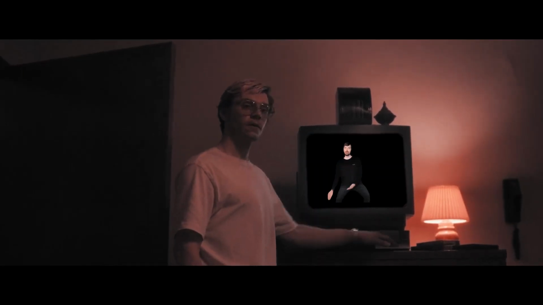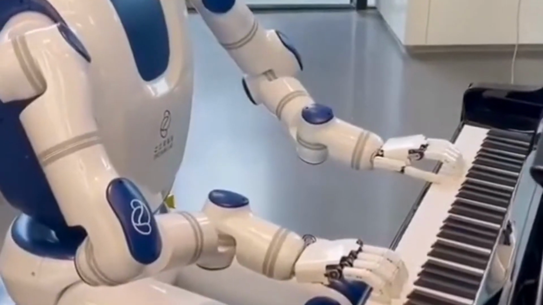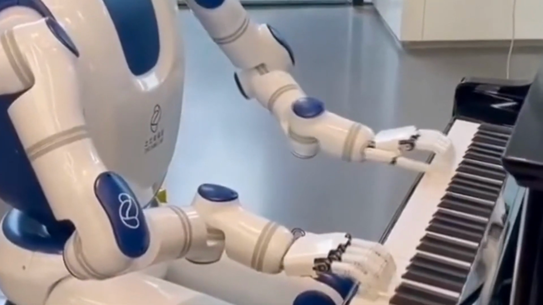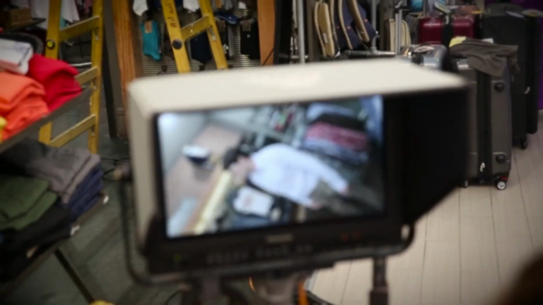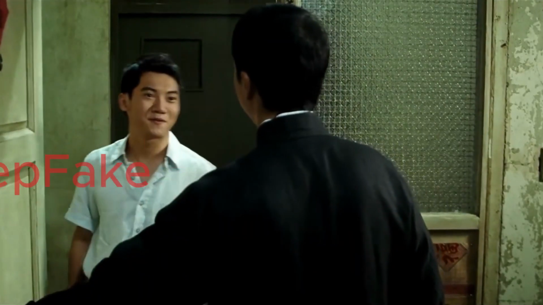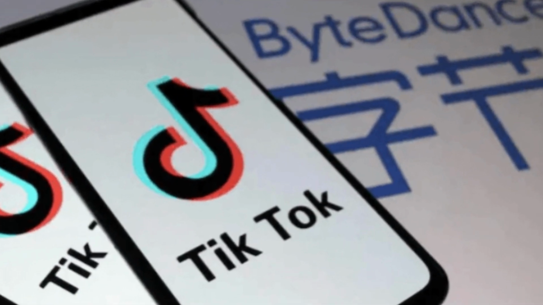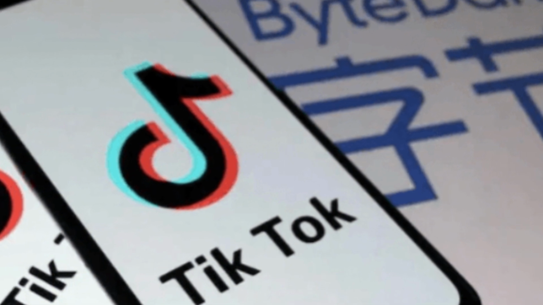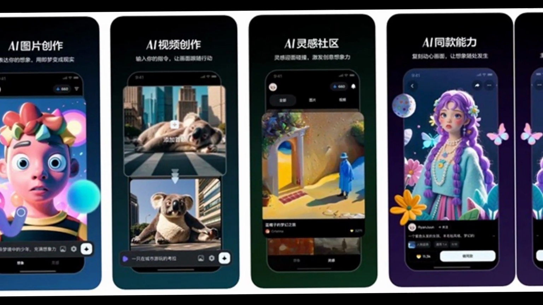Entertainment and content creation could also see a renaissance of innovation. Musicians might collaborate with digital avatars of legendary stars in ways once relegated to science fiction. The film industry could resurrect characters, bridging narrative gaps, or exploring alternate plotlines. ByteDance, owning TikTok, might introduce advanced AI filters or avatar features, enabling even casual creators to produce premium content without